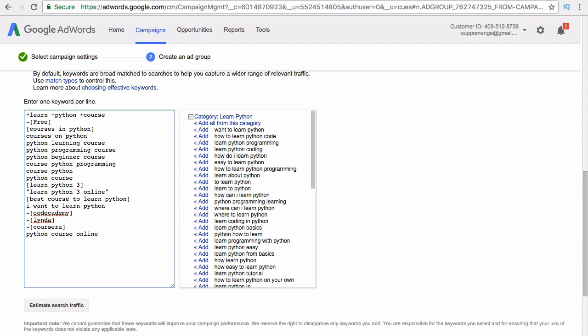Not people who are looking for a free course, or people looking to learn what Python programming is, or whatever your product is. You've got to be very, very picky, like I am. You've got to be picky about the keywords that you use, because you are spending money on these, and sometimes you're spending $1 or more, sometimes $7 or $8, even more than that, just to be seen under a certain keyword. Okay, so you've got to be very picky. You don't want to appear under the wrong one. Okay, so that is how you use the